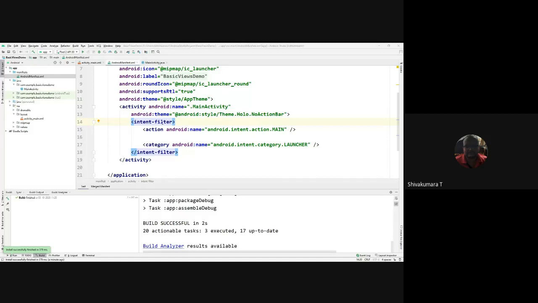Still it is throwing an error. I'll be back with the updated code of the action bar in the coming sessions. Okay, now, continuation.